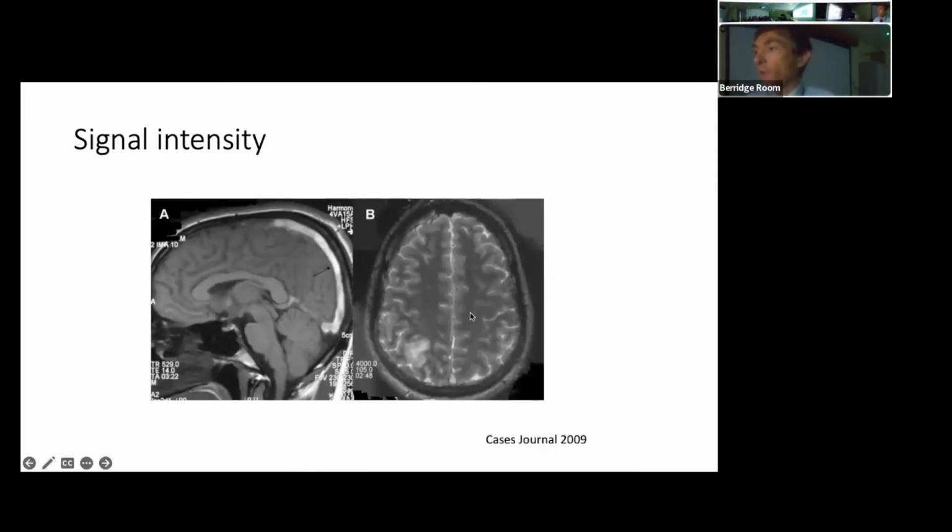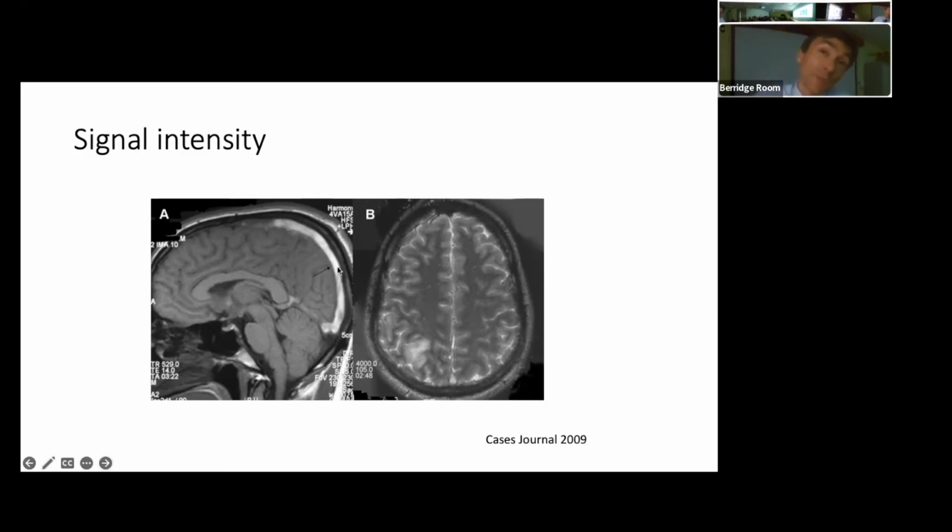Okay, and then on T1, this is an image that I've taken from the internet, from this paper. I don't know if I've referenced that correctly, but it seemed to be from something called Cases Journal in 2009. It's quite a nice example of a very high signal sagittal sinus. So that's met hemoglobin in the sagittal sinus. That usually would take 2 or 3 days to develop, so you may not see that if you do the MR very early, but that's pretty characteristic of